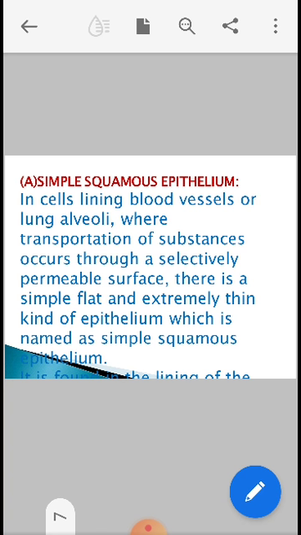The next type of the epithelium is the stratified squamous epithelium. You saw the figure where it was seen that the skin which protects the body is also made up of squamous epithelium. So these skin epithelial cells are arranged in many layers to prevent wear and tear, and they are arranged in a pattern of layers. So on the basis of that, it is known as the stratified squamous epithelium.